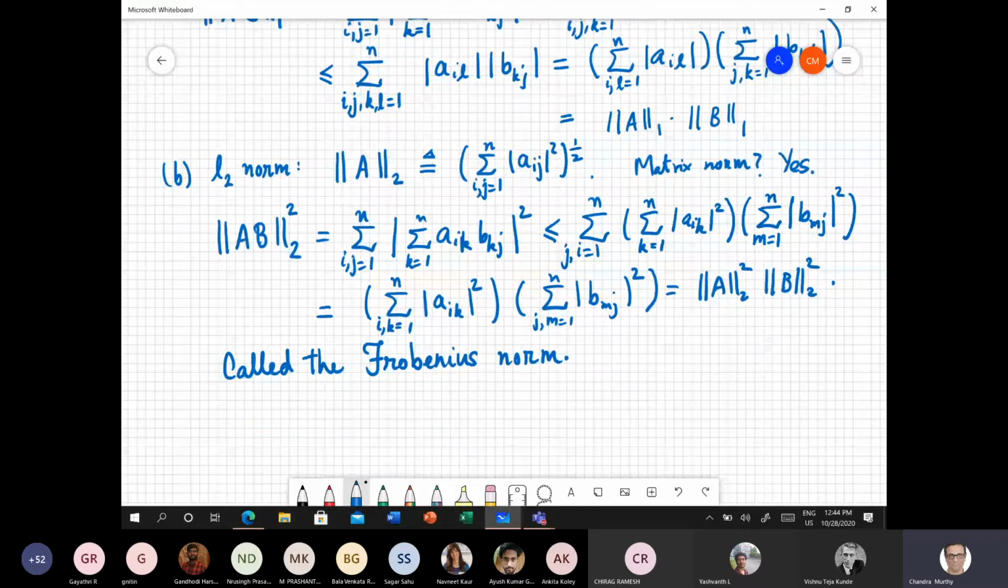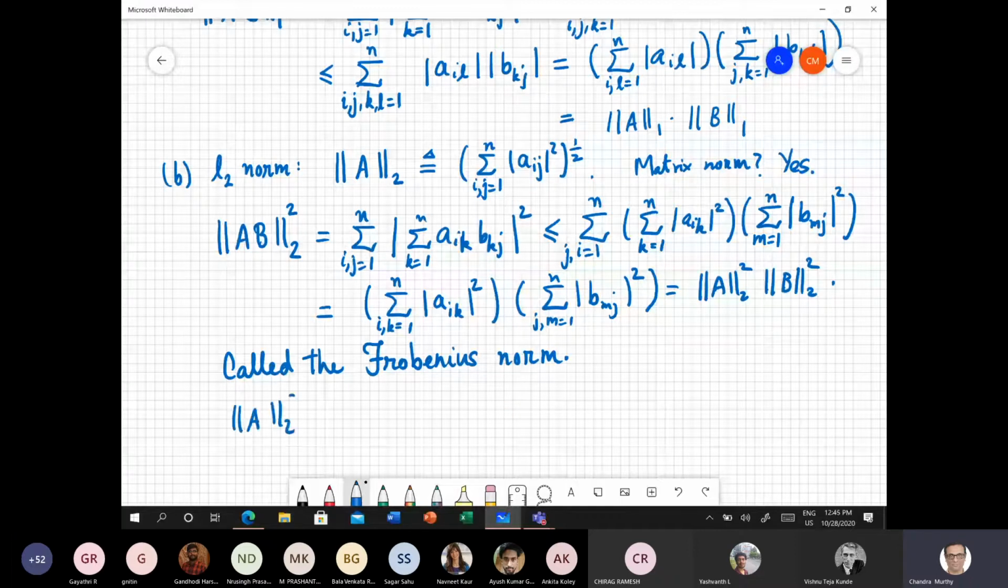Okay, so I'll maybe mention just one property of this norm. The property is that this particular norm is invariant to left or right multiplication by a unitary matrix. So one useful trick in this direction is that this norm